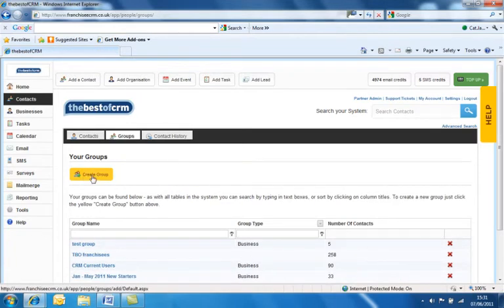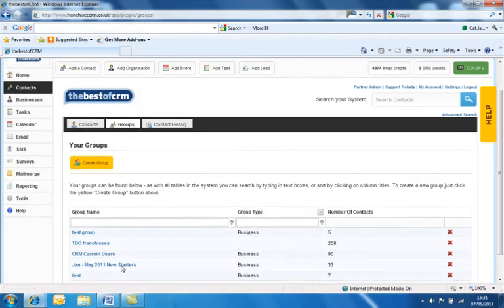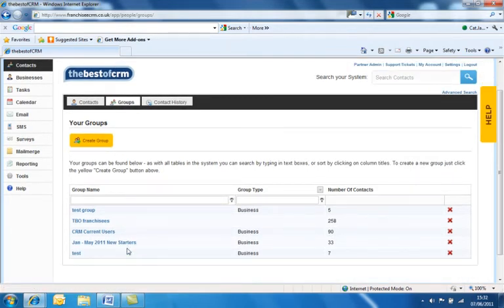You can see from the yellow tab there you can create a new group, and underneath you have a grid of all of the groups that you already have within your account, the group type and the number of contacts sitting in each of those groups. The red cross icon on the right hand side will enable you to delete each of those groups if you need to, but to create a group it's the yellow icon, which will take you through to a new page